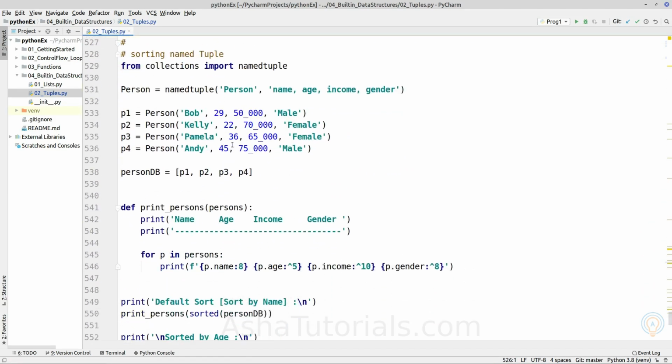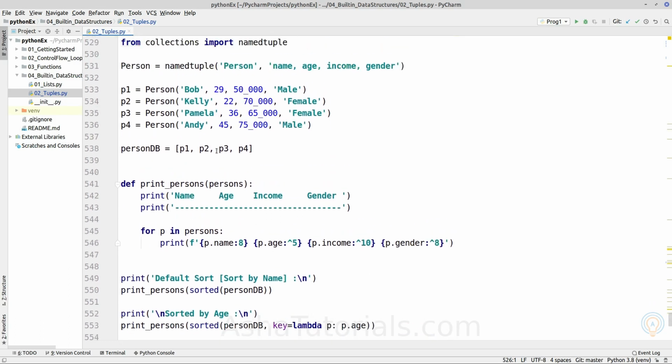Now the next topic is sorting the named tuple. We saw the sort function for the list and tuple objects, but they contain indexed data. They are only accessed using an index, but a named tuple object can also be accessed using its field names. So how can we sort given named tuple objects using their named data or field name?